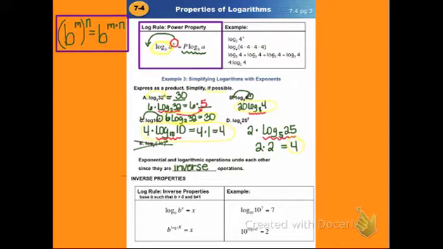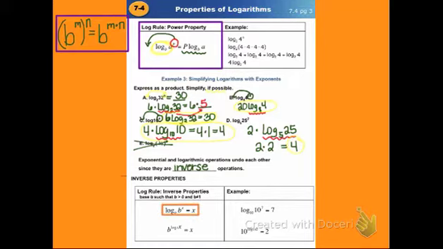In some ways, these properties are really sort of unnecessary if you really understand how logarithms work and how to switch from logarithmic to exponential form and vice versa, and if you know the other properties. But these are still properties, so we're going to introduce them, but just know they're not really ones that you would have to necessarily commit to memory, because you can still kind of get around without applying these by just knowing what you know about logarithms. So the first one is